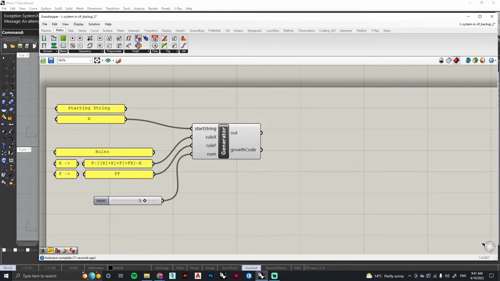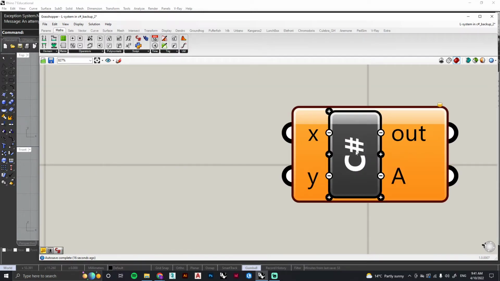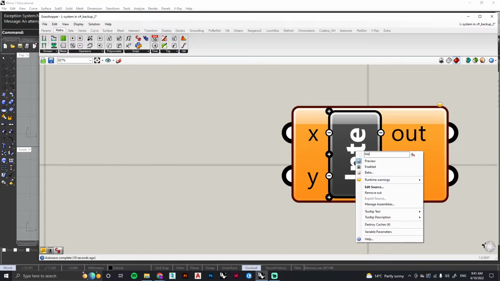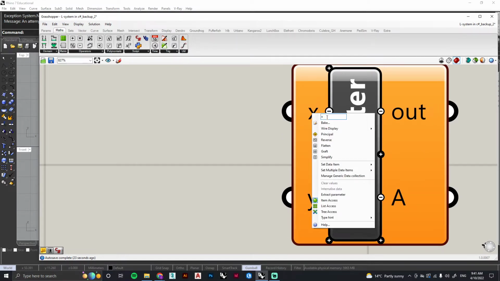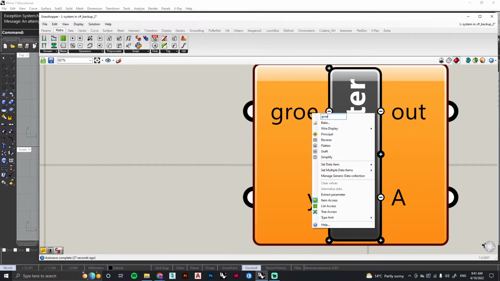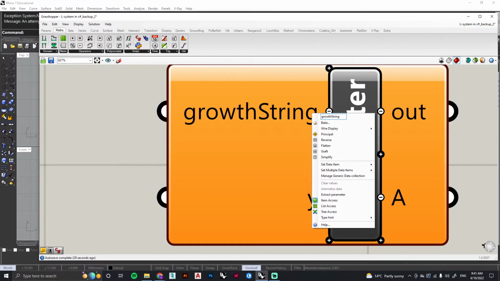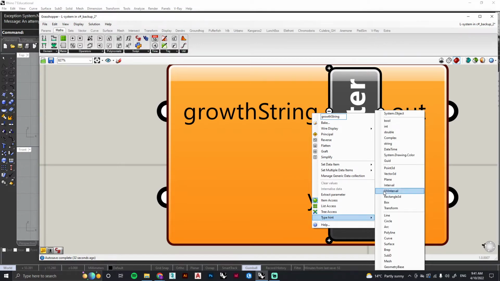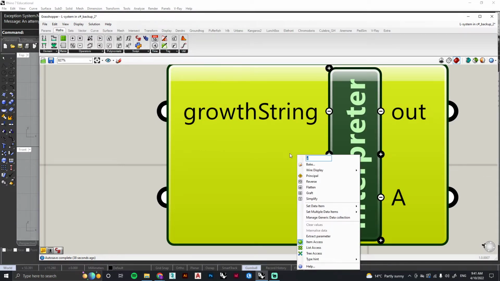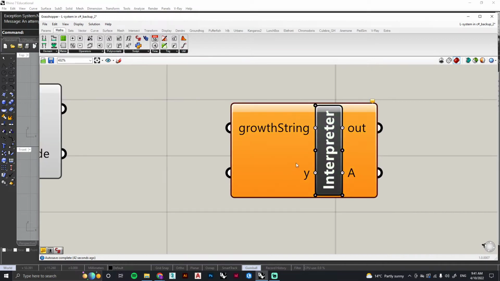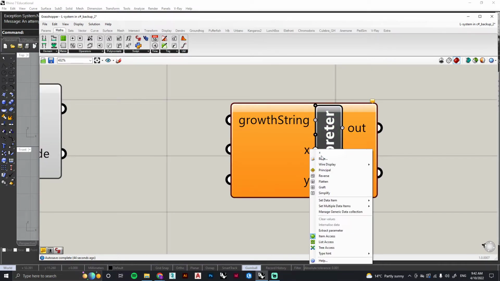For that, we'll again use one of these C# plugins, and we'll just name that interpreter. Our first input will be for our growth string, and it's going to be a string. Okay, the next one